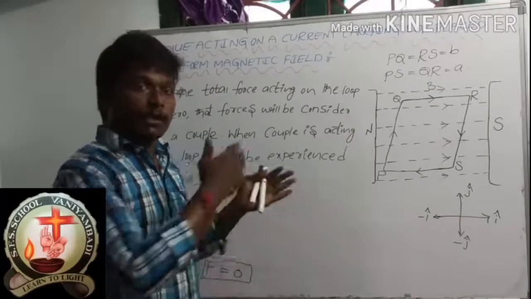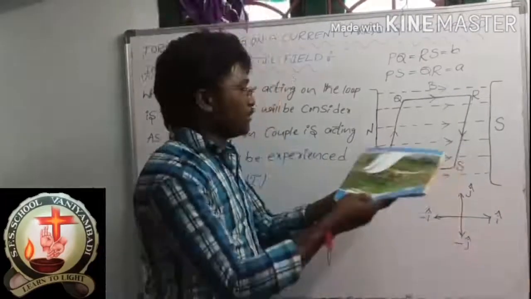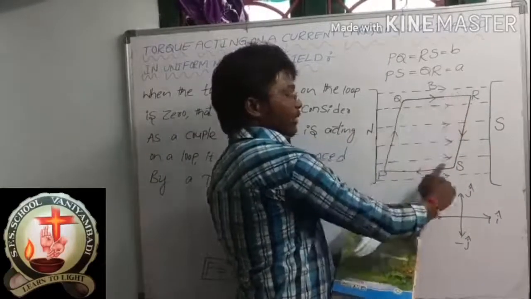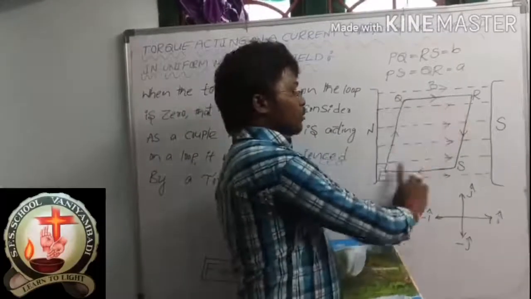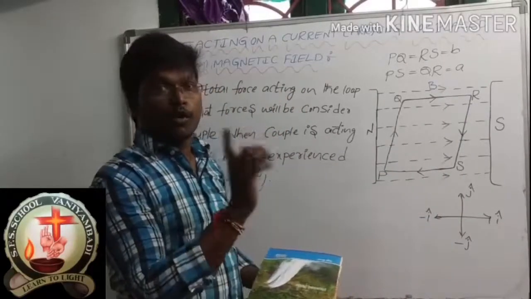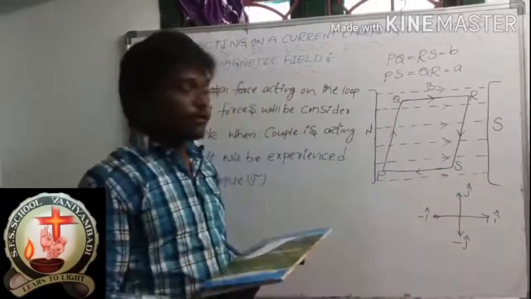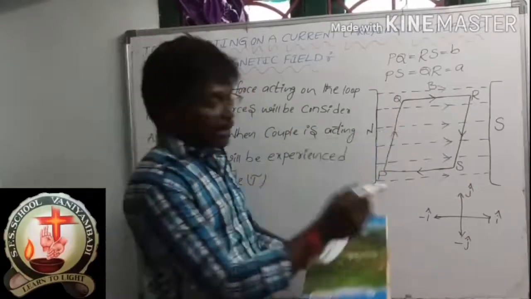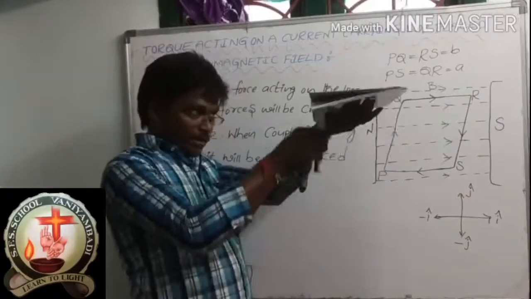Okay, whenever the torque is acting on the loop, what will happen? Suppose two forces are zero. What are they? Force acting on QR and force acting on PS, both are zero. You forget about those two forces because their value is zero. So you have to consider two forces: force acting on PQ and force acting on RS. What is the direction of the force acting on PQ? Downside, right? For that only we took minus j cap. So the force acting on PQ is downside.